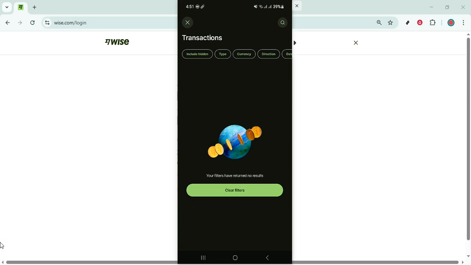At the top, you'll see the current status. Common ones include processing, in progress, completed, or canceled. Just below, there's often a timeline that shows each stage, such as money received, converting currency, sending to the bank, and delivered. You'll also see an estimated arrival time, which can shift slightly based on weekends, bank cutoffs, or recipient